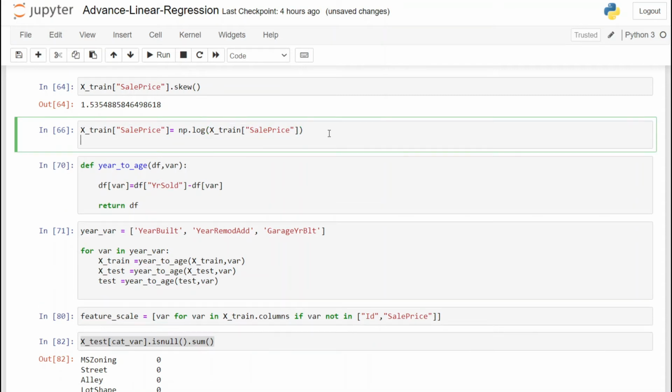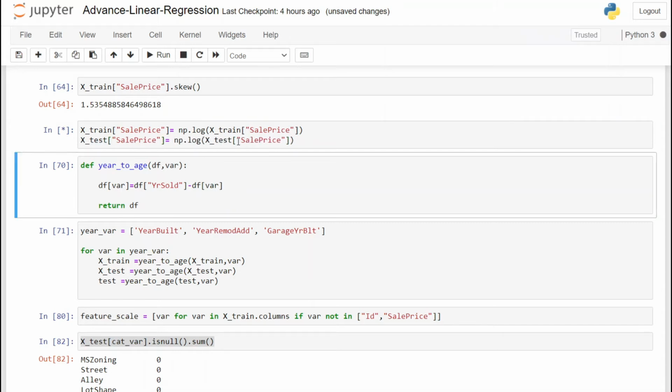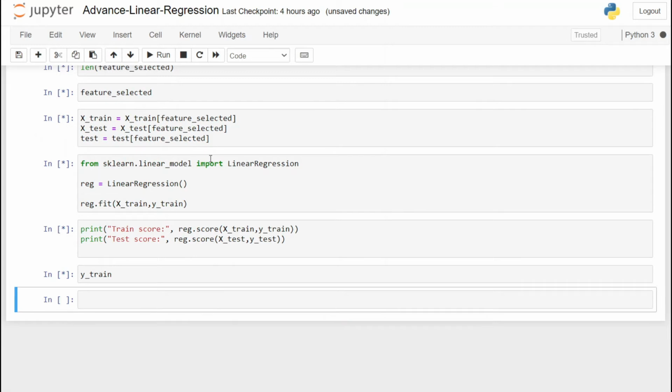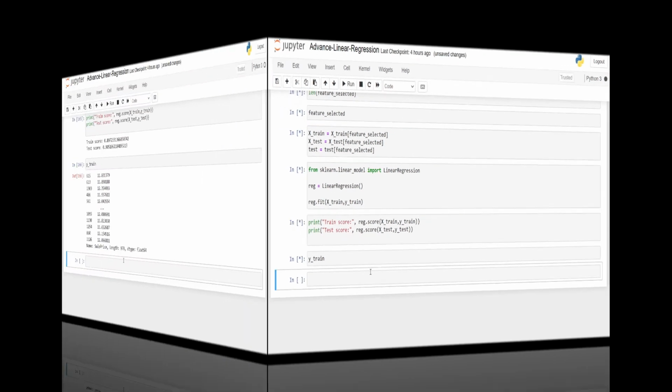So we are going to copy paste the same code and we just have to change the data set name. So let's do that. And obviously we are going to get this error because we made some changes in dataset, so we have to run this cell again. So I'm going to fast forward because it may take some time.